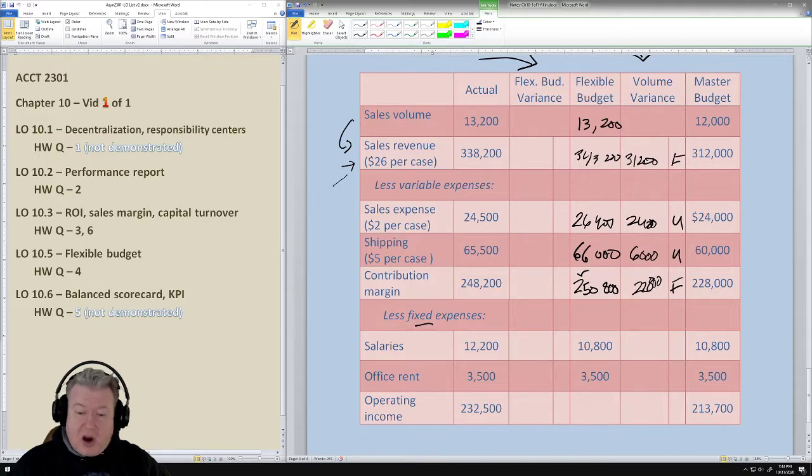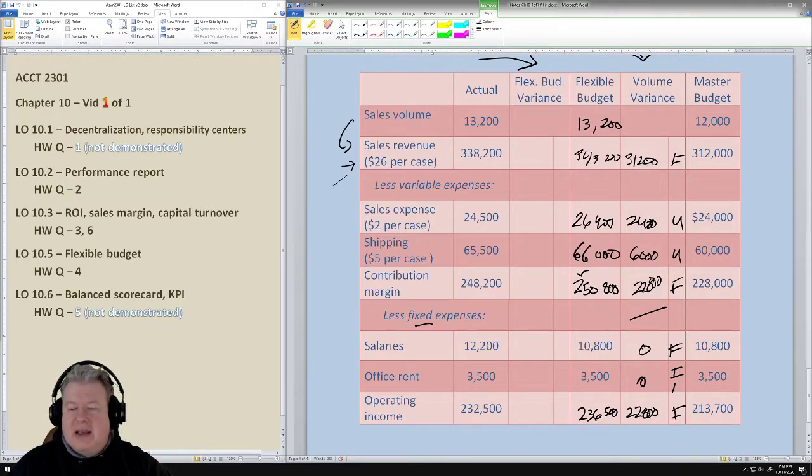Now, actual results are different, at least for one of them, so we have to compare that. So this is, by definition, going to be 0. And I don't know if it's favorable or not, but that's kind of what they're looking for there, favorable. If we were to go through and do all of this, 250,000 minus 800 minus those two, we get to 236,500, and the difference is just that 22,800 that we had here. And once again, that's going to be favorable. Okay, so like I said, the volume variance is not as interesting, and it's a little bit redundant, but okay, they asked for it, let's pull it in.